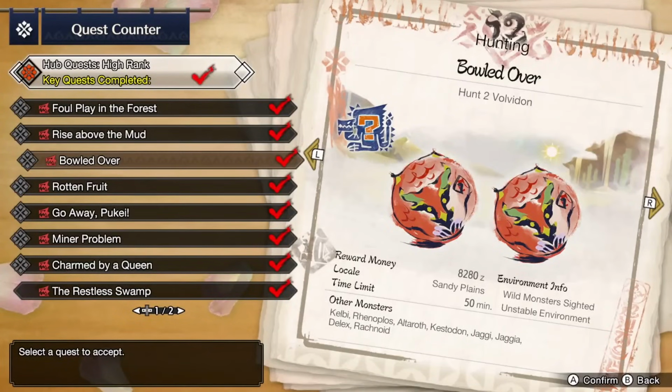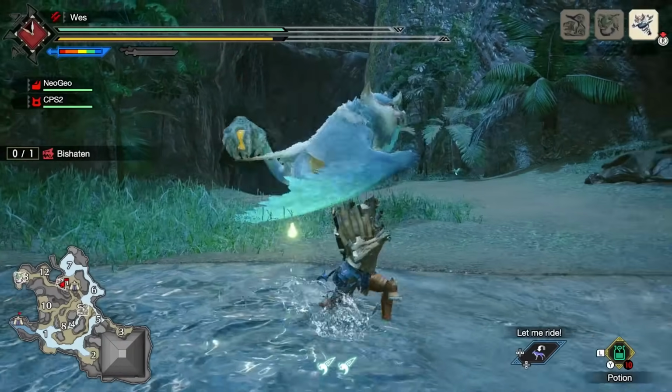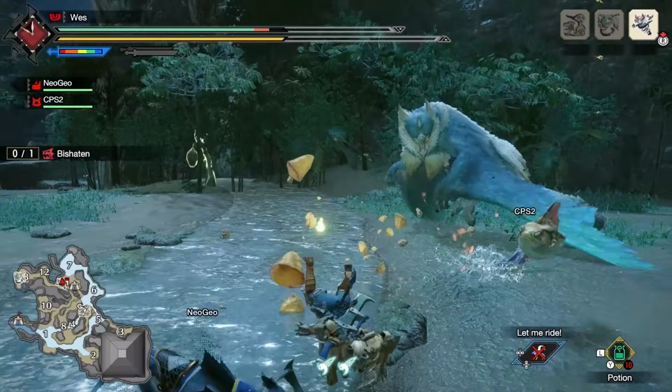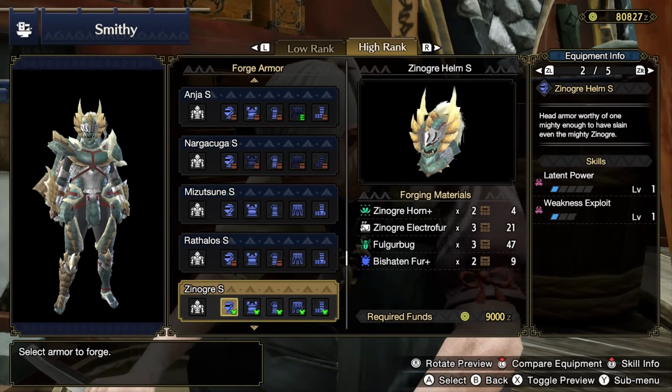Next up, you can go ahead and tackle Double Volvidon in the key quest Bowled Over. You can hunt Bishaten in the key quest Rotten Fruit. This monkey's got a new trick up its sleeve with its paralysis fruit. I love it! Bishaten's materials generally aren't useful for anything at the moment, but you can hold on to them